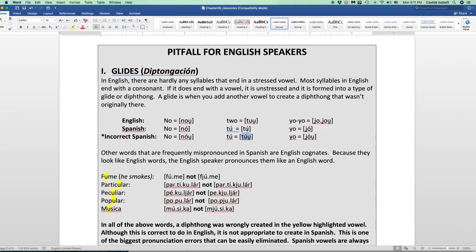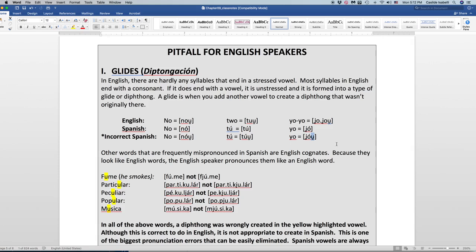No, it's tu. Short and tense. A yo-yo in English, but in Spanish, we say yo. We don't say yo me llamo. So this is what I'm saying about avoiding this tendency to create a diphthong with the final O or U